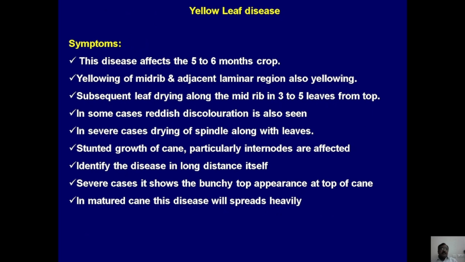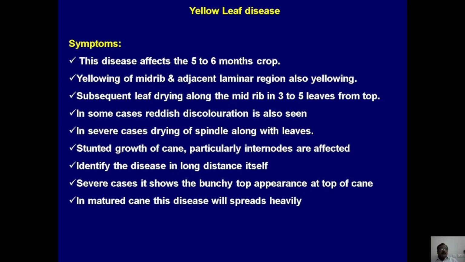And then yellow leaf disease, which affects the crop at 5 to 6 months. Yellowing of midrib patches as well as the adjacent laminar region is the predominant symptom. Subsequently, the affected leaves become dried and the midrib, 3 to 5 leaves from the top. Then later it spreads to all the leaves. In some cases, the red discoloration may also be seen. In severe cases, drying of the spindle, the topmost portion, is also possible, and this infection leads to stunted growth of